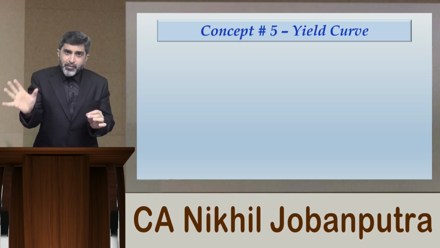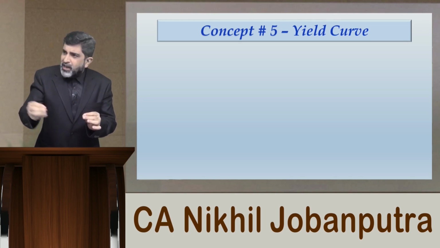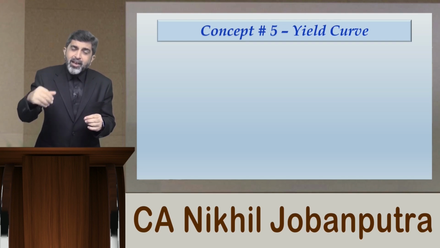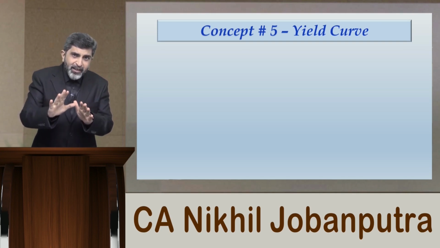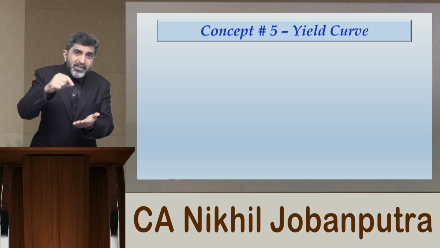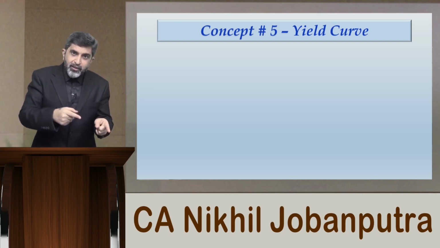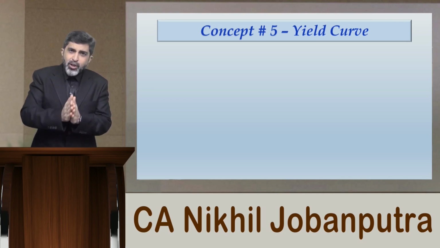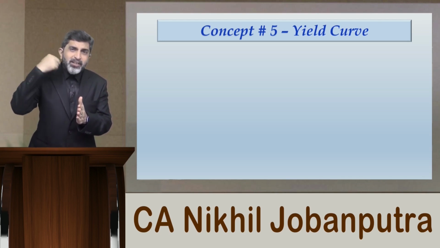If it was not a 10-year bond but just a 4-year bond, that means you just have a waiting period of 1 year. After 1 year you will get the redemption value, task over, then you can invest your money in a new bond which will offer you a little higher coupon payment. You could have done that, and therefore the change of the market interest rate from 7% to 8% would not have affected you so adversely as it can when it is a 10-year maturity bond. So the longer the remaining maturity of the bond, the higher the degree of risk.